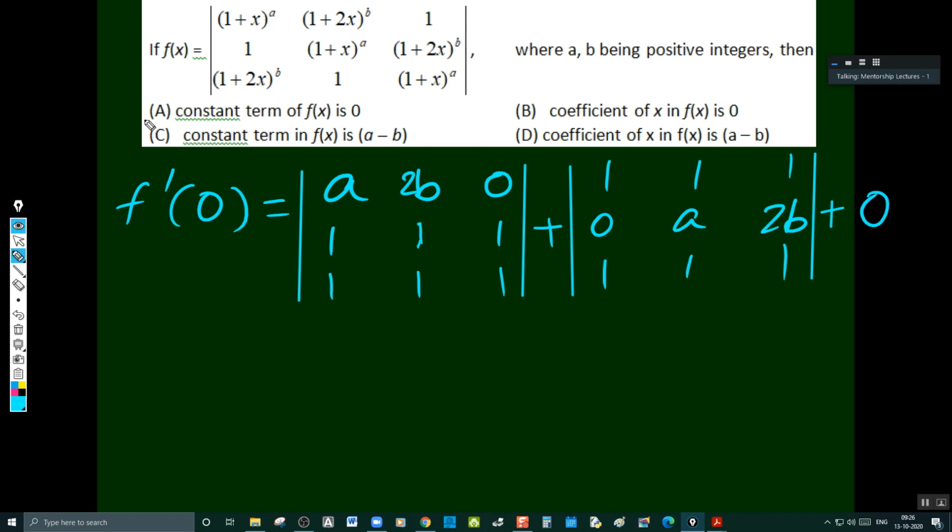Rachit, do you understand? Yes, I understand. Thank you, sir. So this is how the derivative of a determinant is used. Okay. Now,